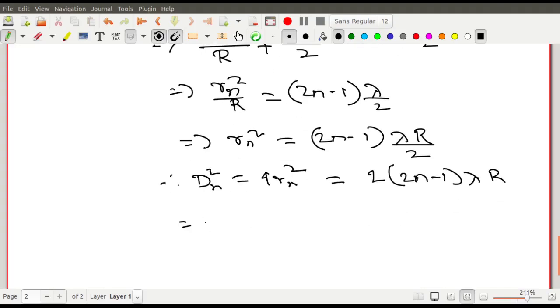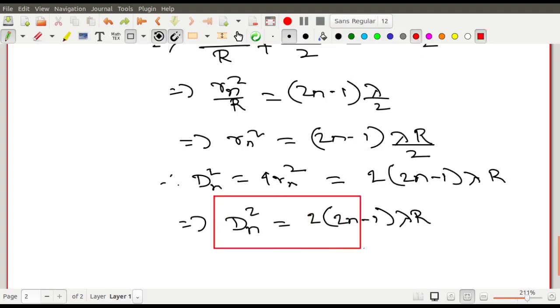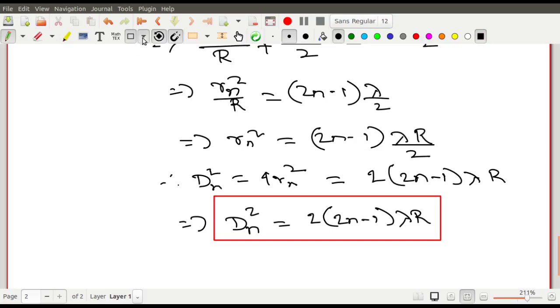So I can write dn is proportional to what? Let me first of all write it. So let me write this once. 2 into 2n minus 1, better to shift it, so I must check it. Yeah, that appears to be proper. It is fine. So I will just box it, so I am writing it once again. I want to box this place, I hope that this relation will be used later on. We will need this a little later. So dn square is given by this one,